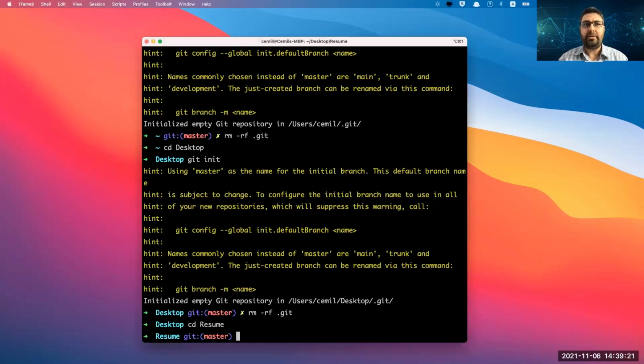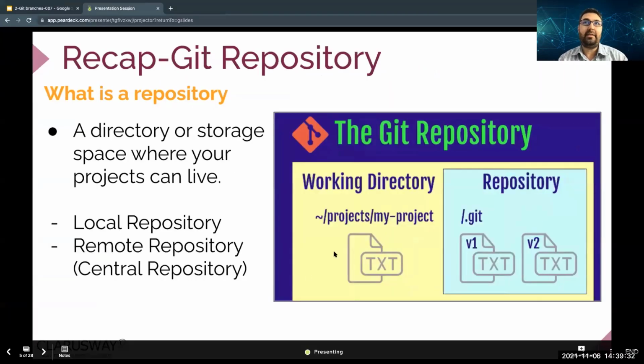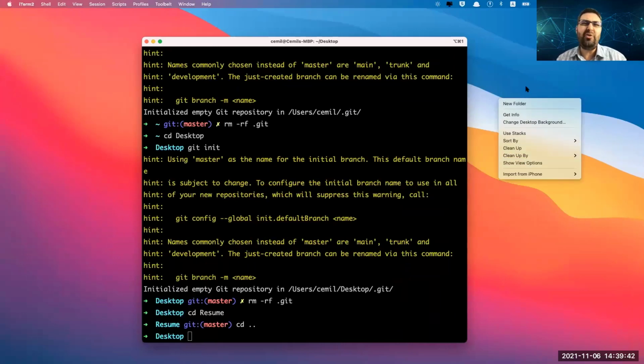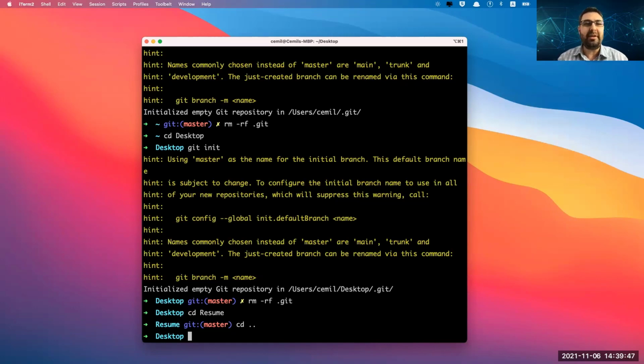So first, again, let me go out of that resume folder, and now I'm on my desktop. I need to create a working directory, where my projects will be settled. So I need to create a folder first. You can do that with right-click. I usually right-click and create a new folder. But if you just want to practice some Linux commands, you can create your folder by using the Linux command mkdir, make directory.